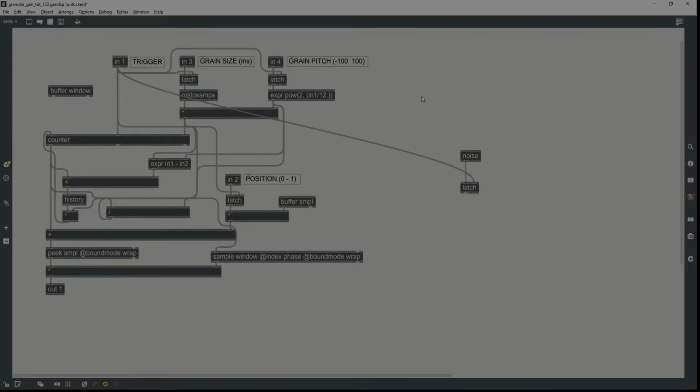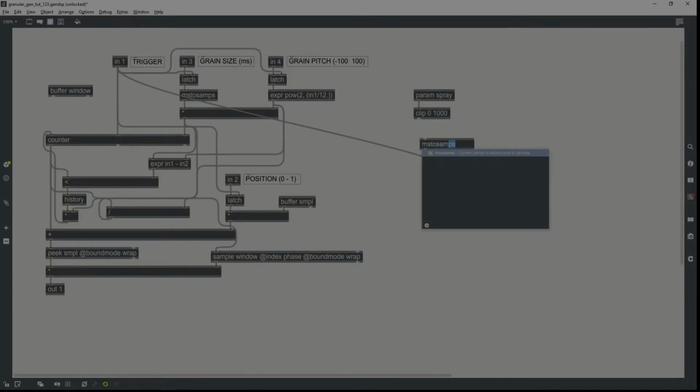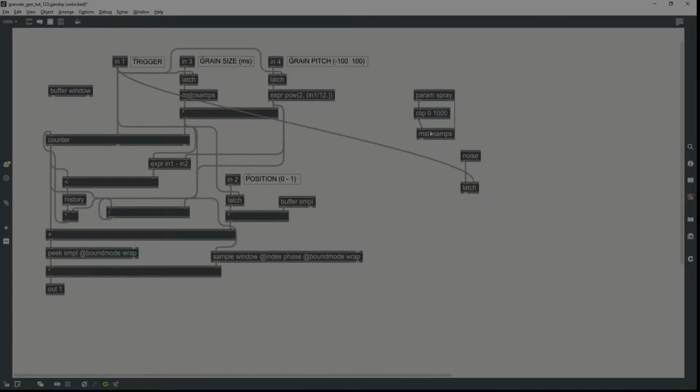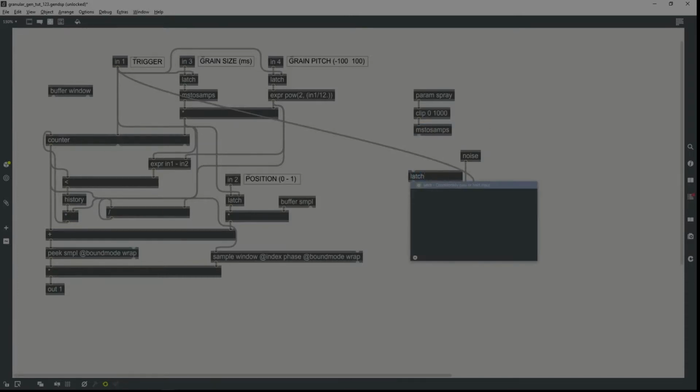and we'll create a param operator, label it spray. I'm not going to use signals for that because I can't really think why I'd need to control the spray at signal rate, and we'll clip the value of the spray between 0 and 1000, and we'll be working in milliseconds there. So we'll first convert that to samples, and we'll create another latch object,